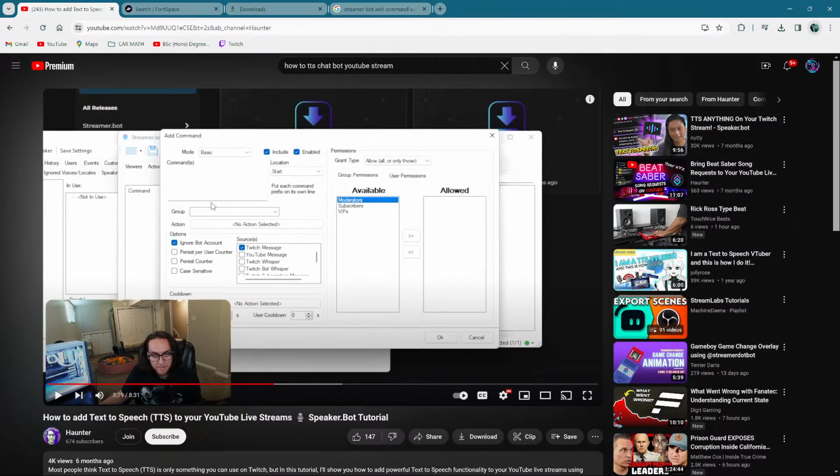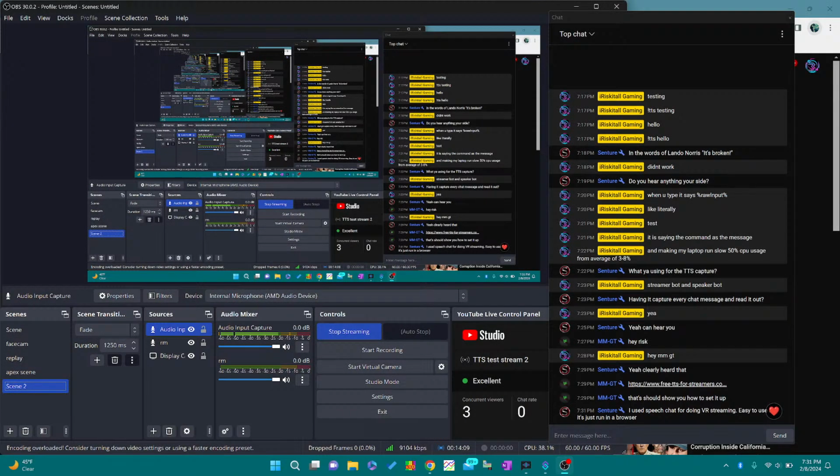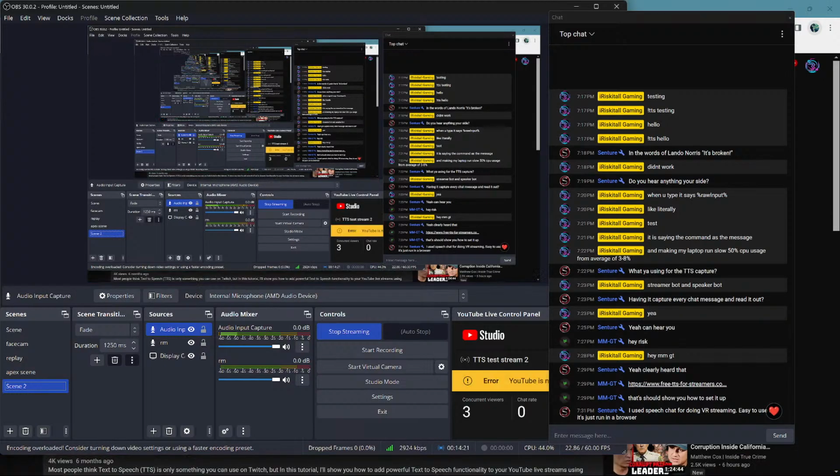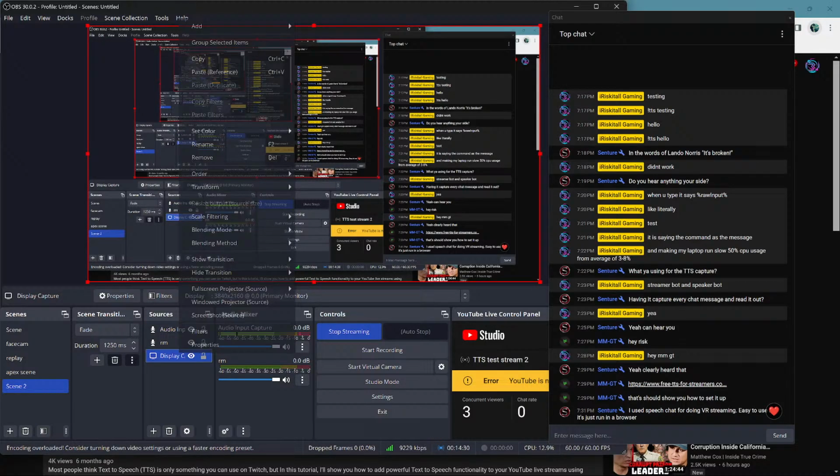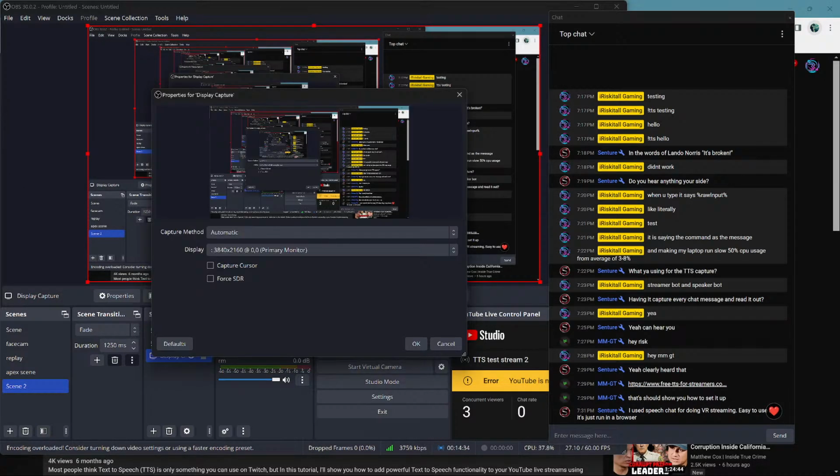I use speech chat for doing VR streaming, easy to use. It just runs in a browser. Okay, that's cool. That might be my next option because if you guys see right here, oh, you can't see my mouse. I forgot. I don't know why I turned that off. But here, if you guys can see my mouse right here,